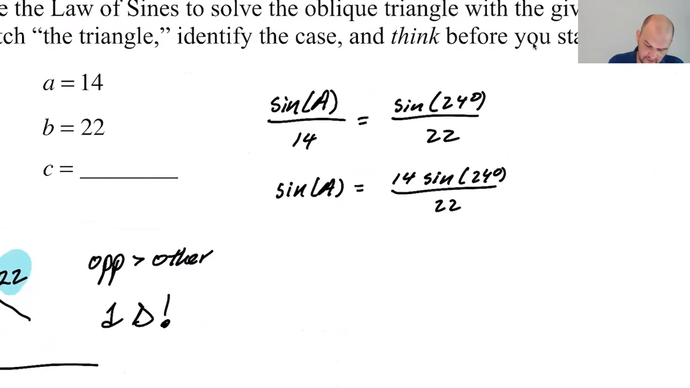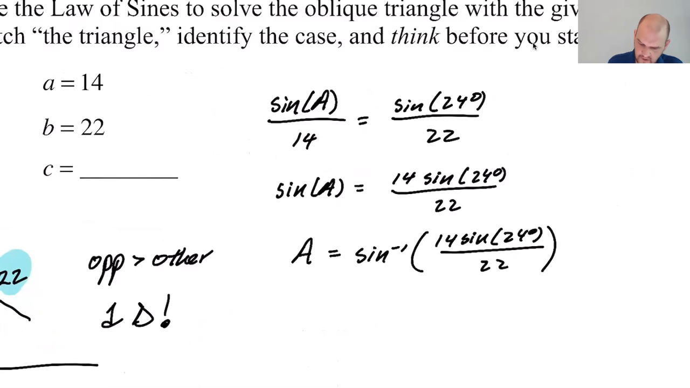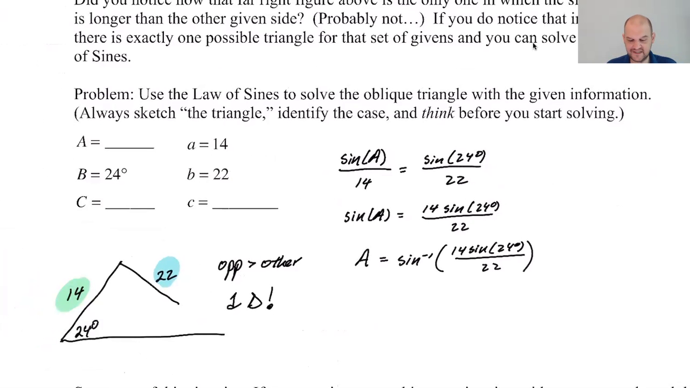And then I'm going to take the inverse sine and get that A is the sine inverse of 14 sine 24 over 22. Okay, so that's the exact value of that. Once I know A, I can do 180 minus whatever A is, minus 24 degrees, and that'll give me C. Once I know C, I can set up a ratio, and I can solve for side C. So that's the order in which I'm going to go,